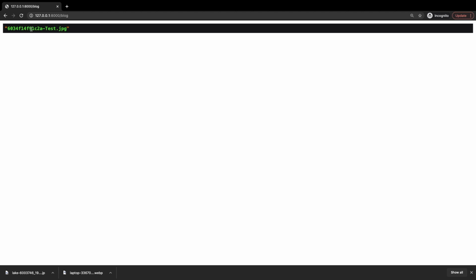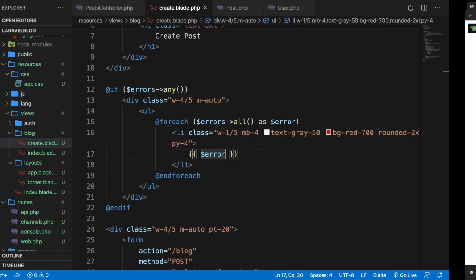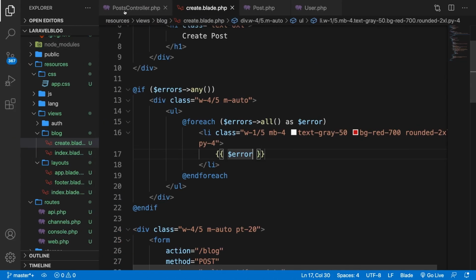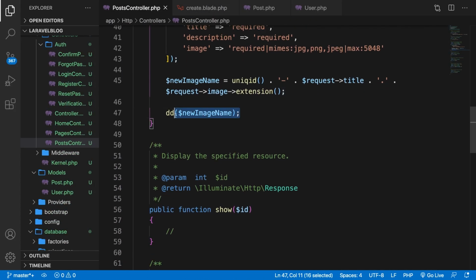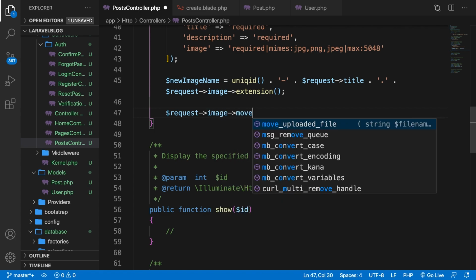Now, as you can see, we have a unique ID right here. And if we refresh it, the ID will be changed. What we need to do next is to move the image to a folder inside our public folder. So let's go to the post controller, get rid of the DD. And in order to do that, let's call the request object again. We want to say image, we want to move it